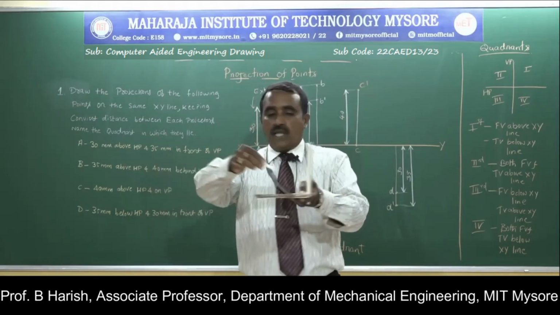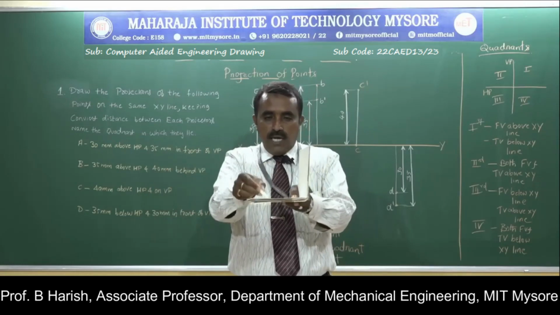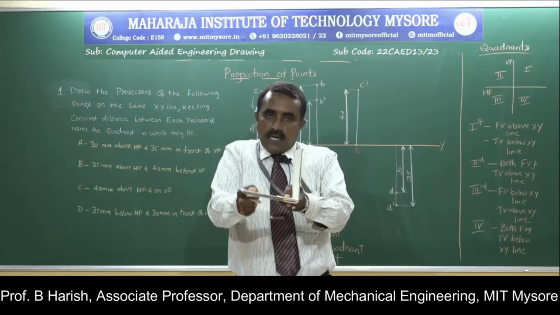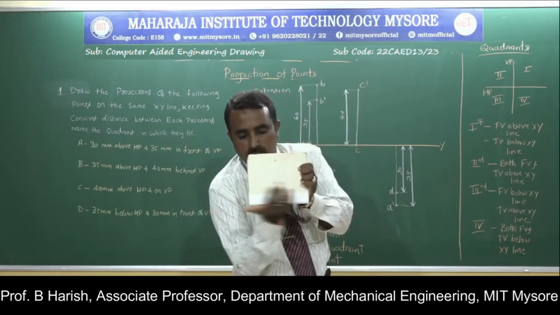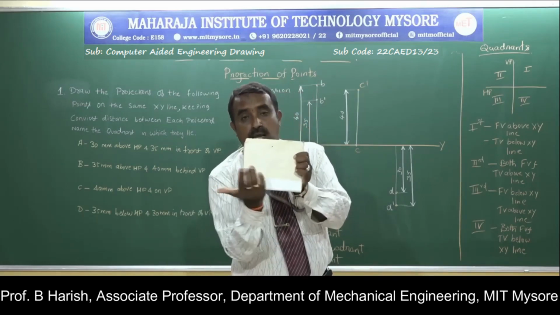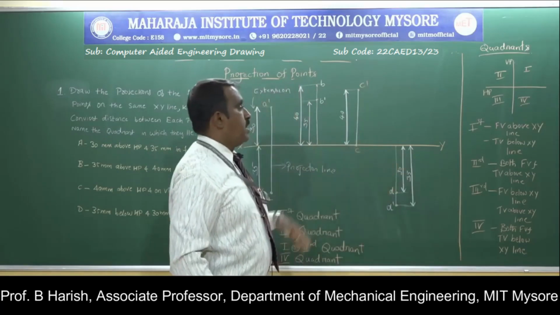So it says that 35 mm above HP and 40 mm behind VP. This 40, this 35. So the rule says that the horizontal plane is rotated above. So both your top and front view will be above your XY line. The XY line is the intersection of your horizontal and vertical plane. Now how to draw the